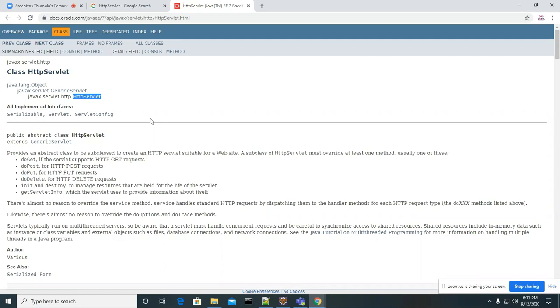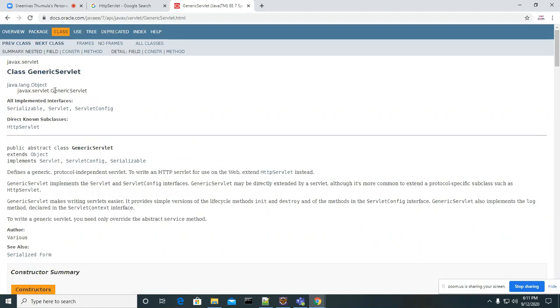So what is the super class of HttpServlet? GenericServlet, sir. Okay, so the super class of HttpServlet is GenericServlet.